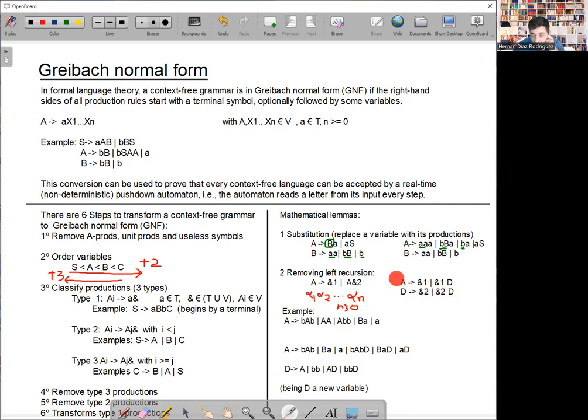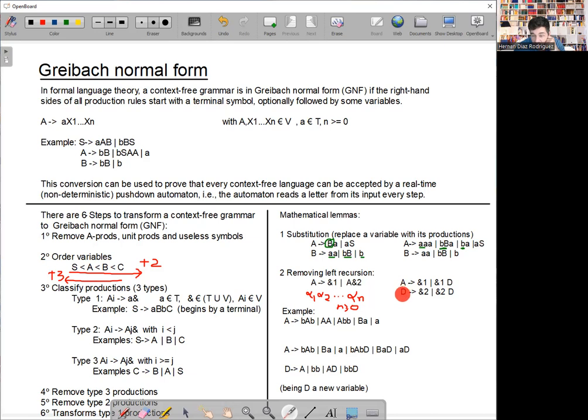So with these two new rules, we can have only once alpha 1, or we can have alpha 1 and then any number of times alpha 2, right? So it will be equivalent to this one, but removing the left recursion at the price of introducing a new